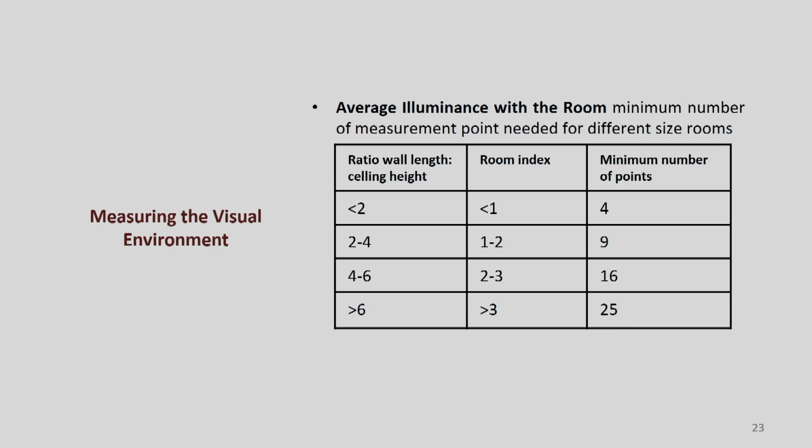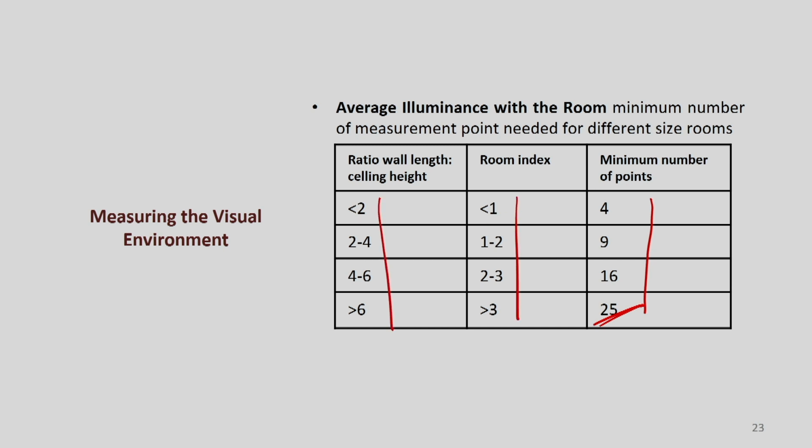Now, when we try to measure any light level or illuminance of a particular area or room, these are the standard or referred points we should measure. If it is a small room, then the points to be measured are fewer. If it is a bigger room, the sources may be different, maybe a single source, maybe different sources. If the sources are different, then the number of measurement points will be more. This is the specific guideline we try to follow.